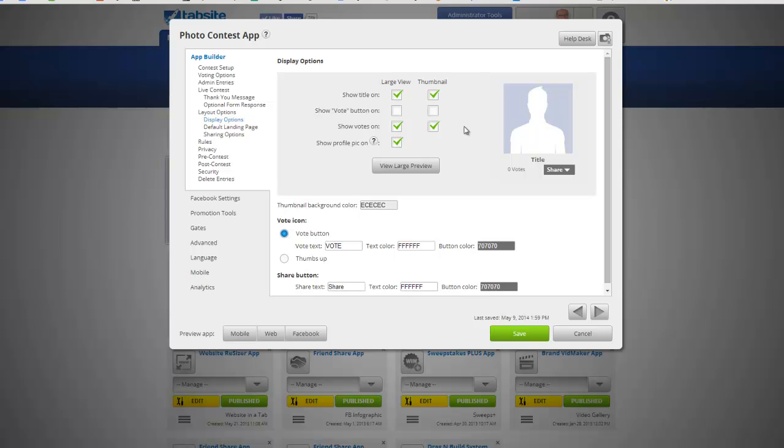And we can display whether we want to show how many times somebody's voted, or that this one has 500 entries. Votes? Do I want to show that or not? And do I want to show the profile picture that's connected to Facebook for that entrant? So there are opportunities there. But the question we get most often is,